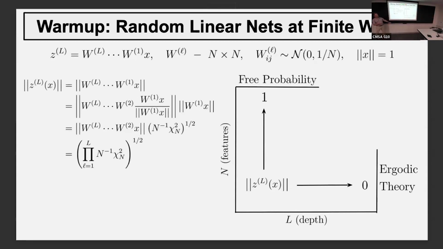It tries to send everything to its mean. 1 over N times chi-squared N concentrates really quickly around its mean, which is 1. That's why you get 1 in this free probability limit. But on the other hand, you have a product of L such things, and the L exacerbates the fluctuations. So the L sends you away from the kind of mean field limit, and you get something